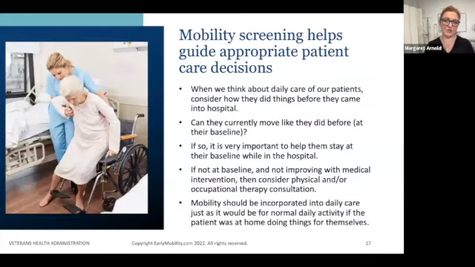Mobility screening helps you decide the appropriate devices and the appropriate care decisions to keep everybody safe. When we think about daily care of our patients, consider how they did things before. Can they move like they did before? If so, it is very important to help them stay at their baseline. If they're not at their baseline and not improving with medical intervention, then that would be an appropriate consideration for